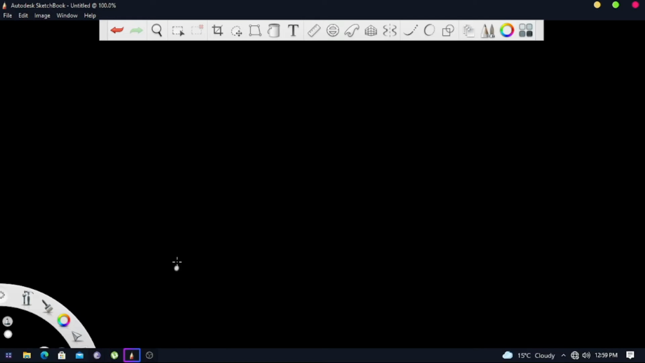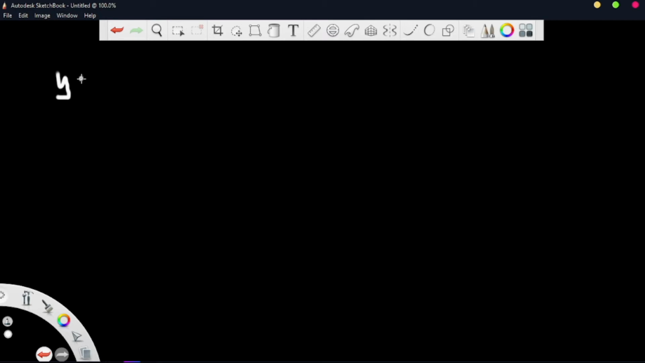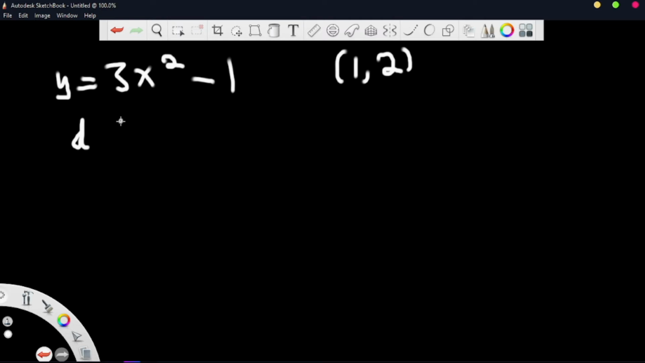So let's say we have been given y is equal to 3x squared minus 1, and then we have been given at the point (1, 2). How can we evaluate the gradient for this? So I'm simply going to say my d, and then if I do not want to represent it as dy, I can, because this is basically my y, I can just write this down, 3x squared minus 1, close brackets